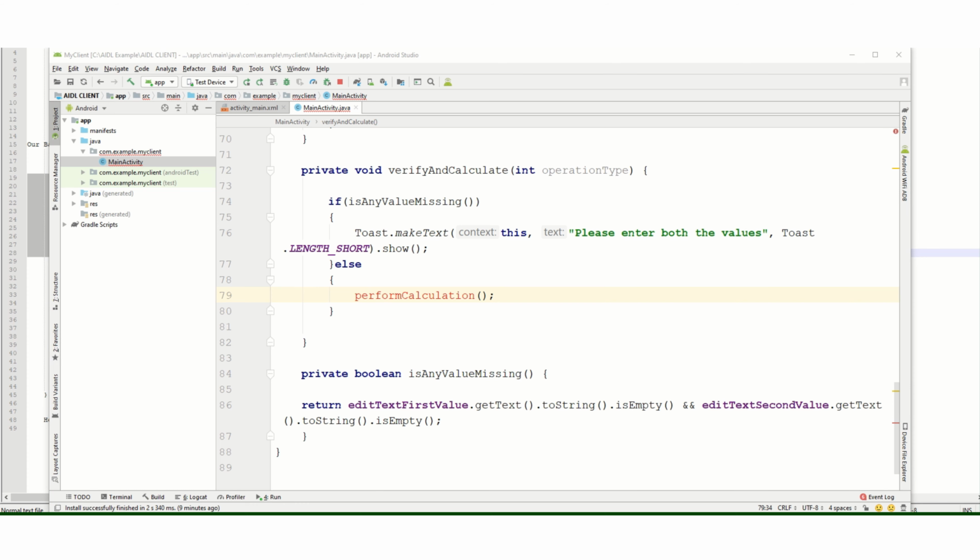I will explain all the logic after the implementation. So let's now do this perform calculation.